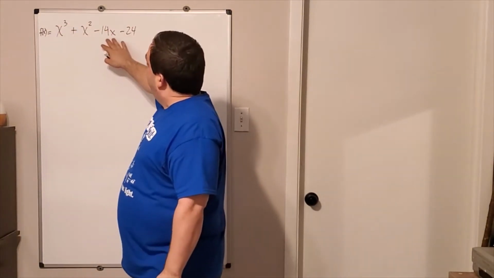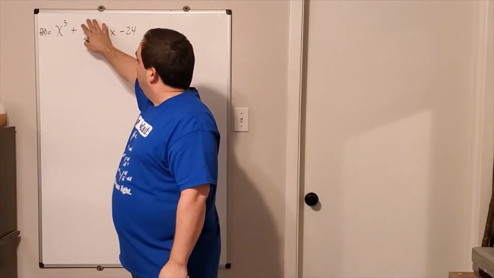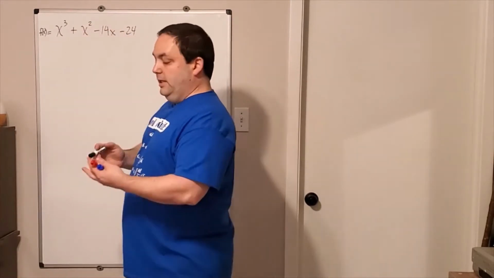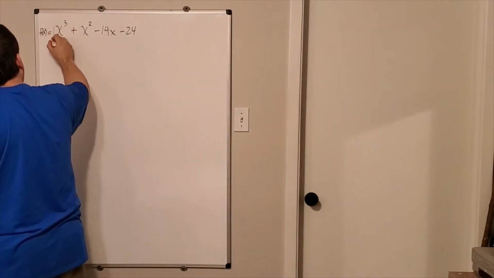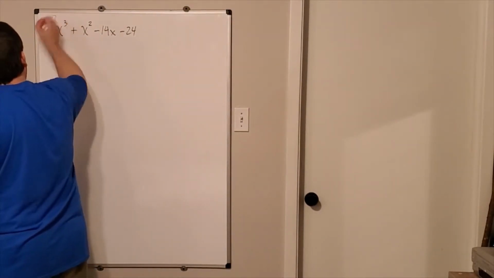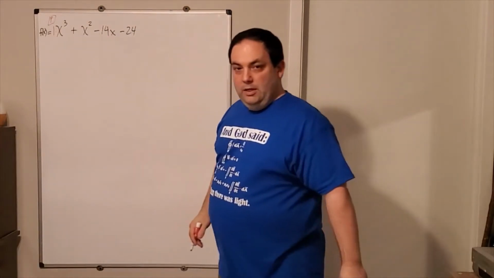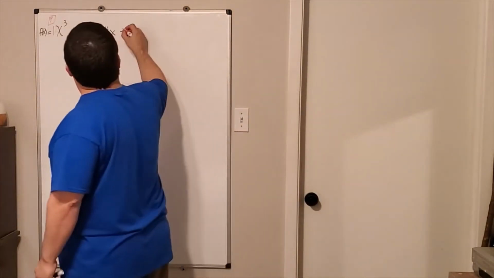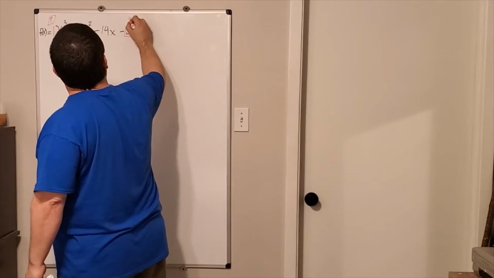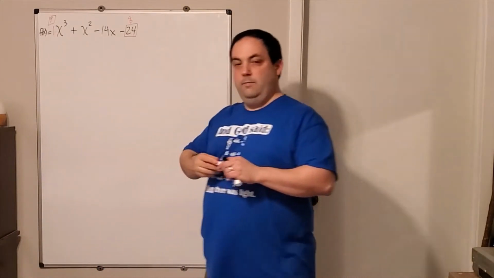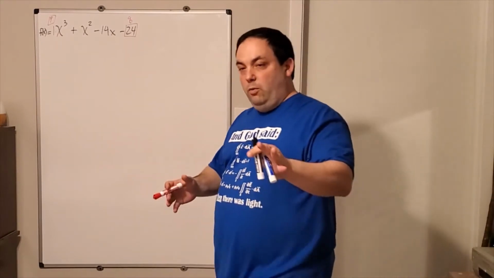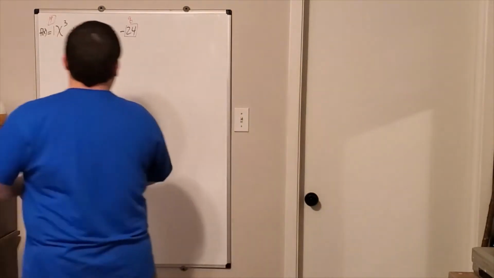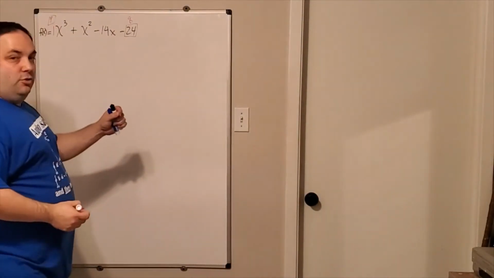Okay? So here's the main deal. I'm not even going to pay attention to all of this middle stuff here. I'm only going to be looking at the very front number. This is the one that we labeled P in the theorem I wrote a minute ago. And this end number over here, 24, that's the Q, right? And yes, I know it's negative, but I'm really just focused on the 24, okay? So I'm going to list out the factors,